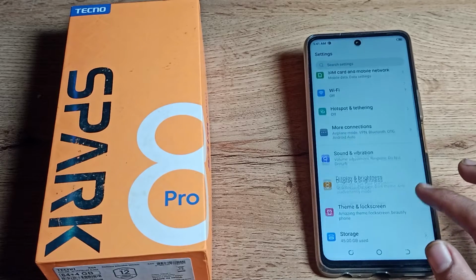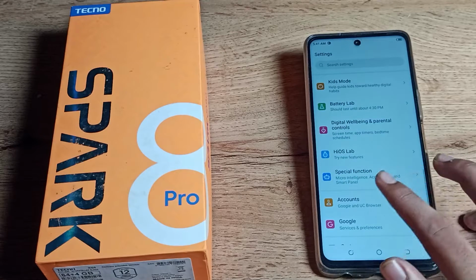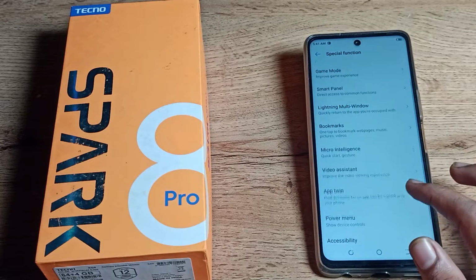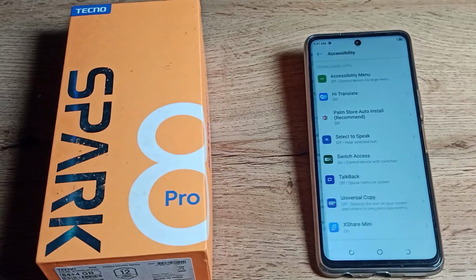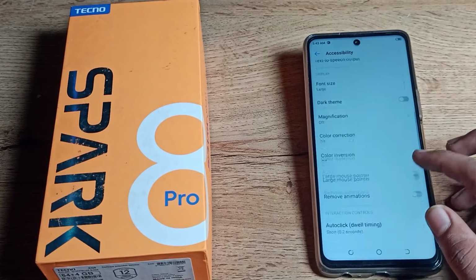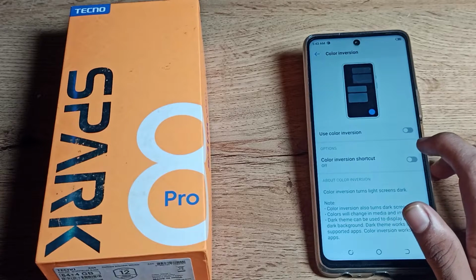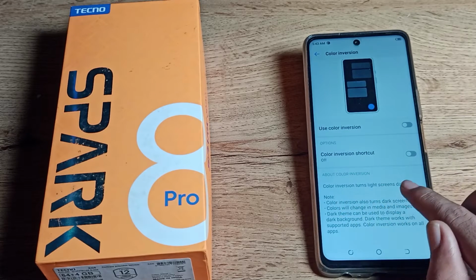Then scroll. You can see this type of setting. Click on your special function setting. Tap here and again scroll, click on accessibility setting. So you can see your accessibility setting, and scroll it, and you can see your color inversion. Tap here to enable. And as you can see, color inversion shortcuts, and color inversion and